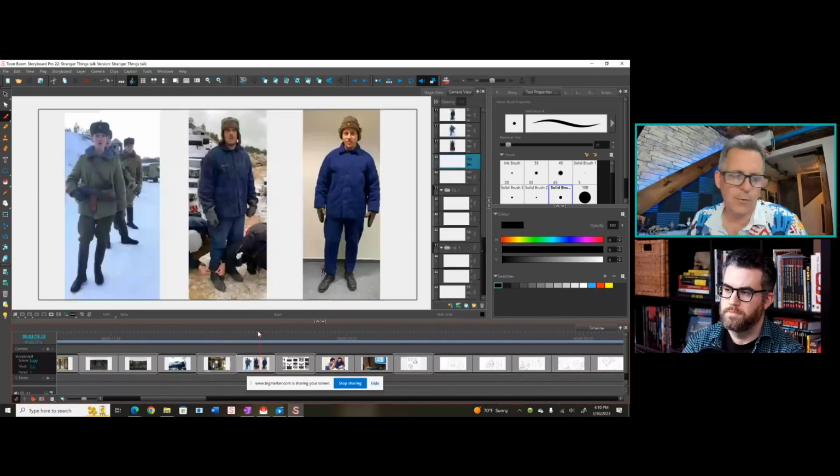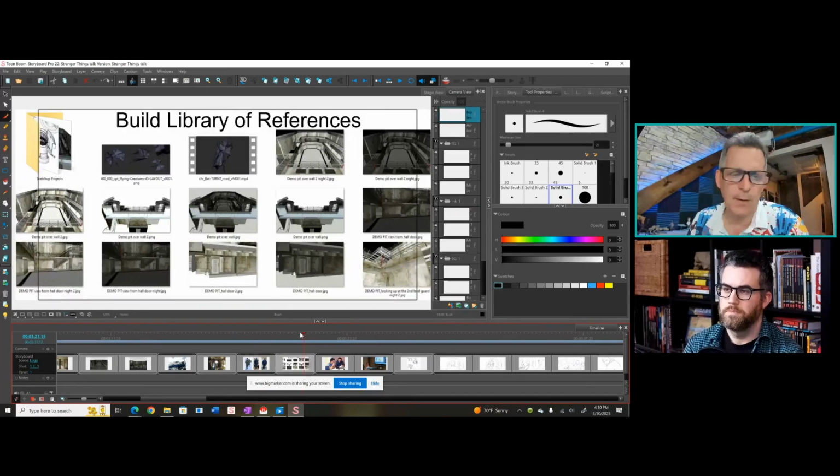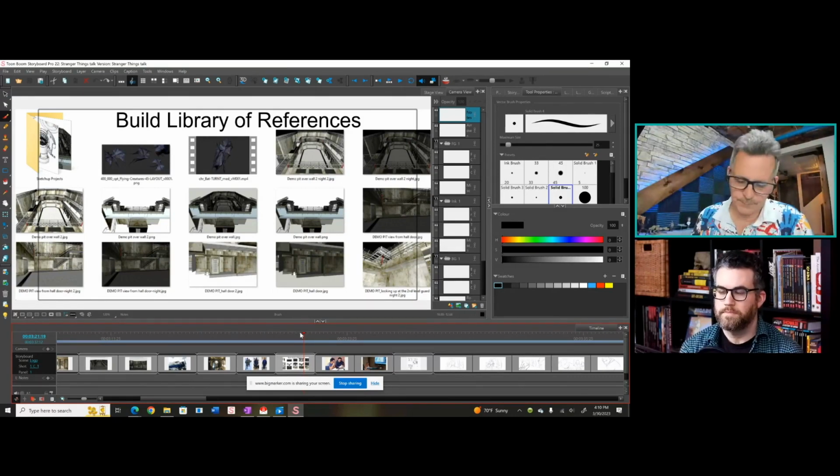And then before I start drawing, I'll go through and I'll find whatever references on what the characters are wearing and what the characters look like, what their current hairstyles are like, all those types of things. Because the more accurate I am to what it's actually going to look like, the better. It also helps everyone know who is who. And I personally like drawing my characters to look like the actors. And I'll build a library of reference materials. And I literally build the library in Storyboard Pro, so I can just drag whatever elements I need in to be able to draw from. I love the library in this software.